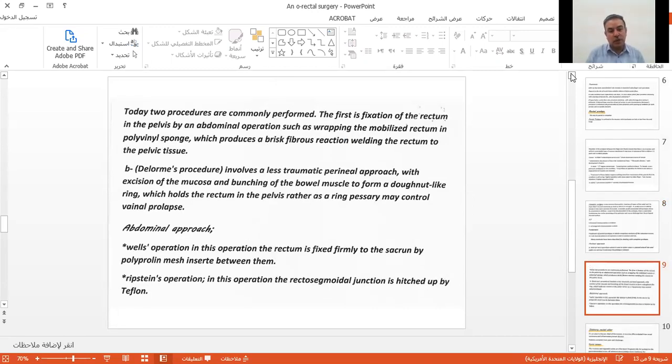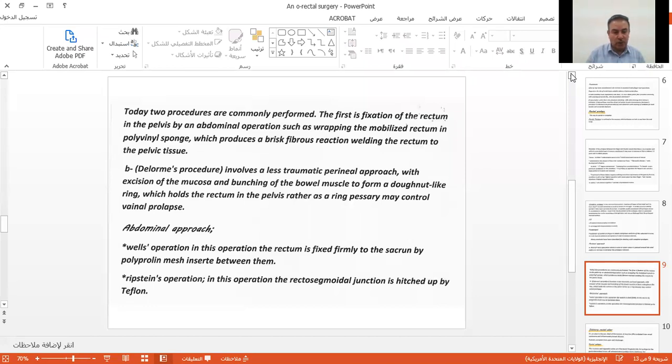Today, 2 procedures are commonly performed. The first is fixation of the rectum in the pelvis by abdominal operations, such as wrapping the mobilized rectum in polyvinyl sponge, which produces a brisk fibrous reaction, welding the rectum to the pelvic tissue. And the second is the Delorme procedure, which involves a less traumatic perineal approach with excision of the mucosa and bunching of the bowel muscle to form a